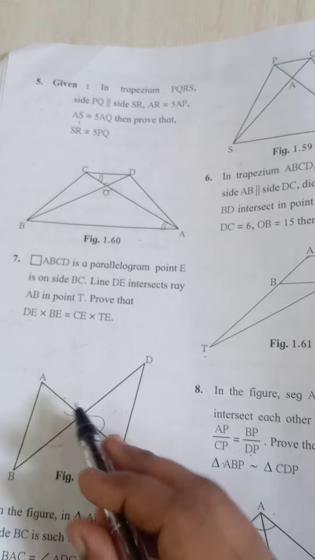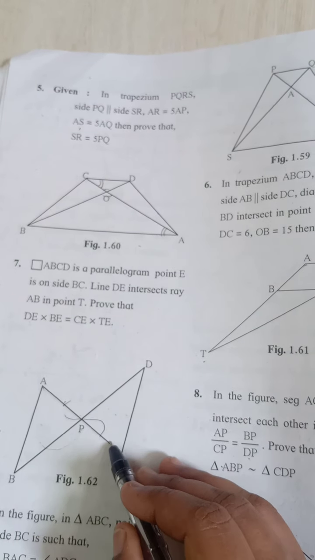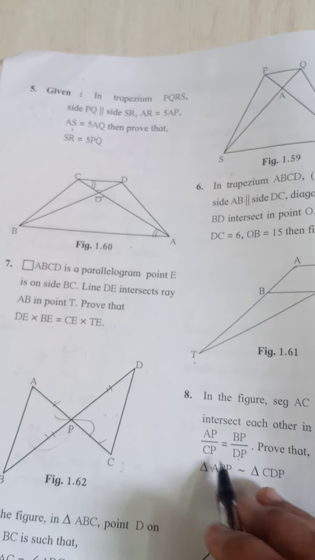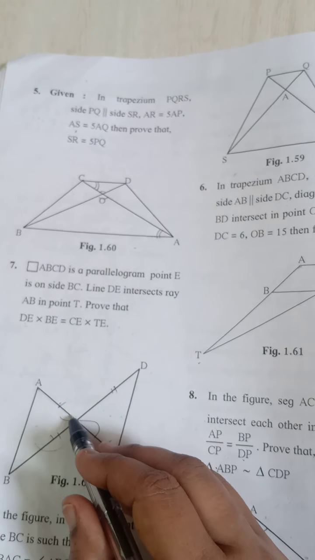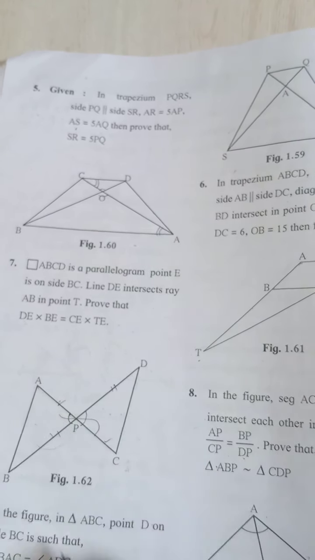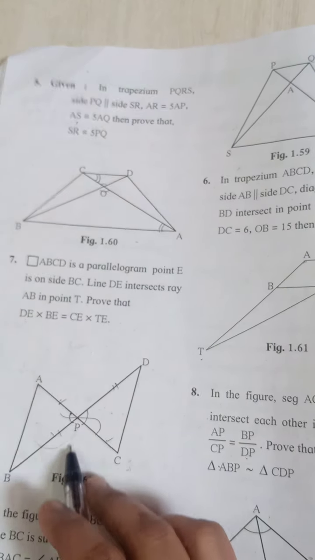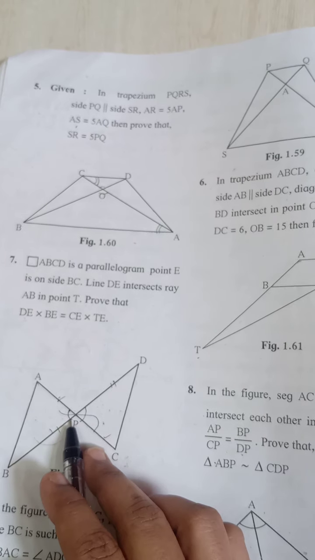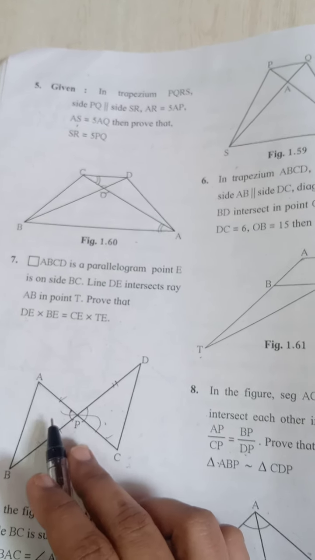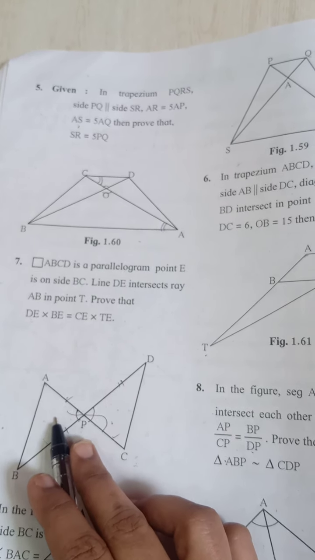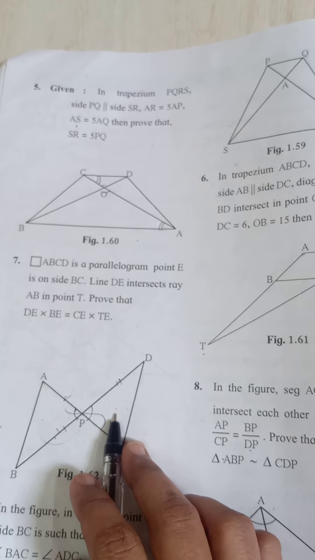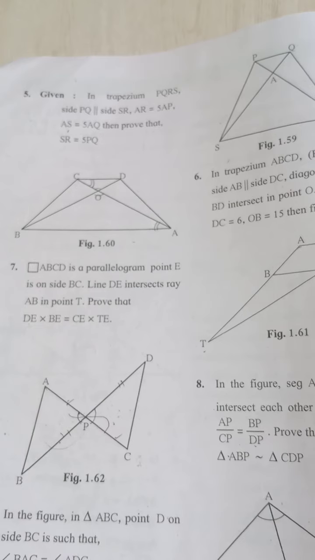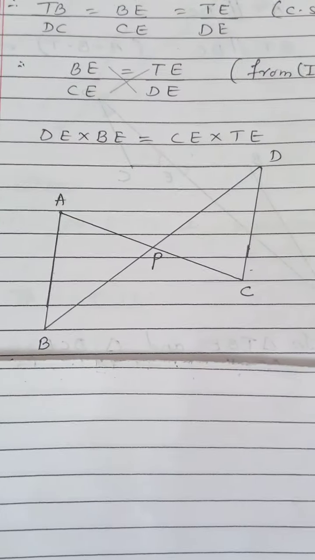So it is very simple. This angle, this side and this side are already given to us in the same ratio. Then we can take this angle and this angle as congruent to each other because they are vertically opposite angles. So first side, then angle, then side. So with SAS test, we can show that both the triangles are similar to each other. So it is a very simple question. Now we will see how to show it.